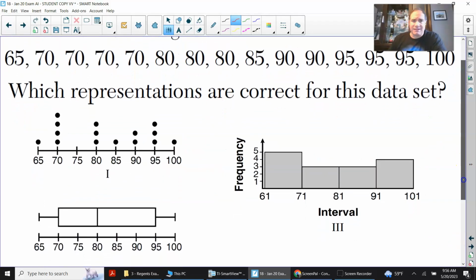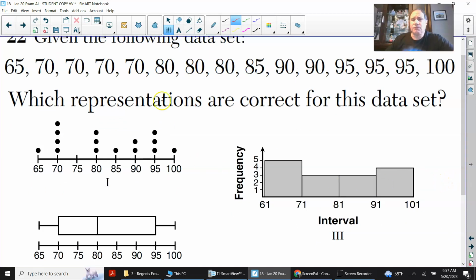Given the following data set, which representation is correct? So here's 65, 1 dot for 65. There's 4 70s, 3 80s, 85, yep, 1. 90, 2 90s, yep. 3 95s, yep. 100. So this works. Then we're going to look at the frequency